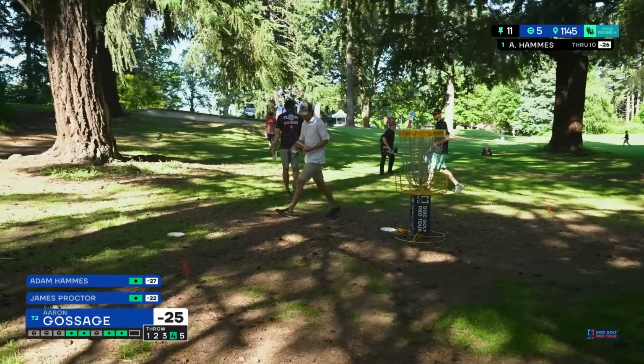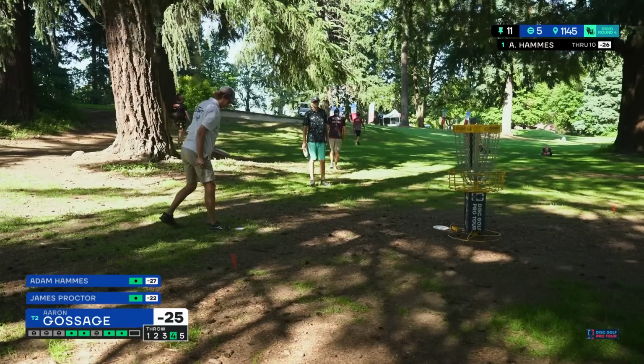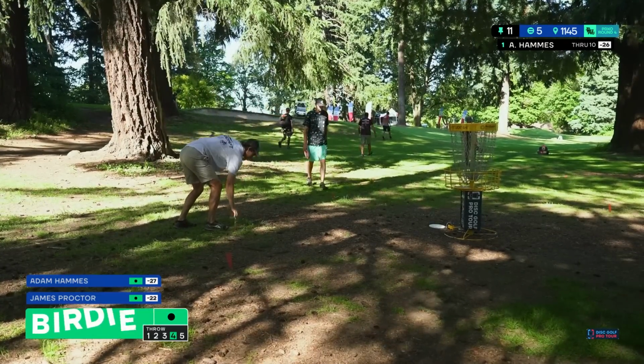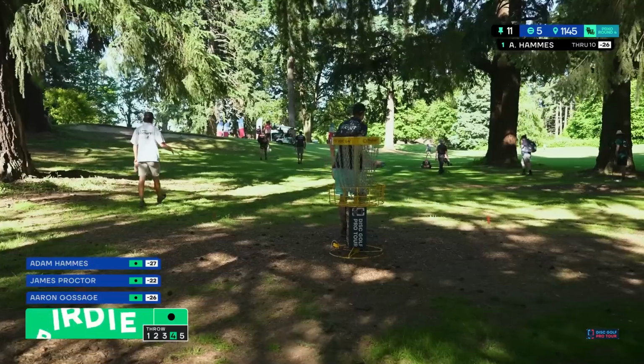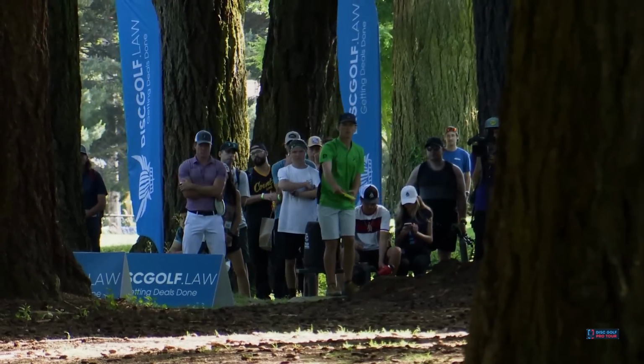Bunch of just birds. I guess this one's really protected from the tee. You got to hit a gap, and then after that, you're going to make something happen. We saw Adam land underneath the trees there, but he was still able to manufacture a way to get the birdie. Speaking of Mount St. Helens, I think there's a...